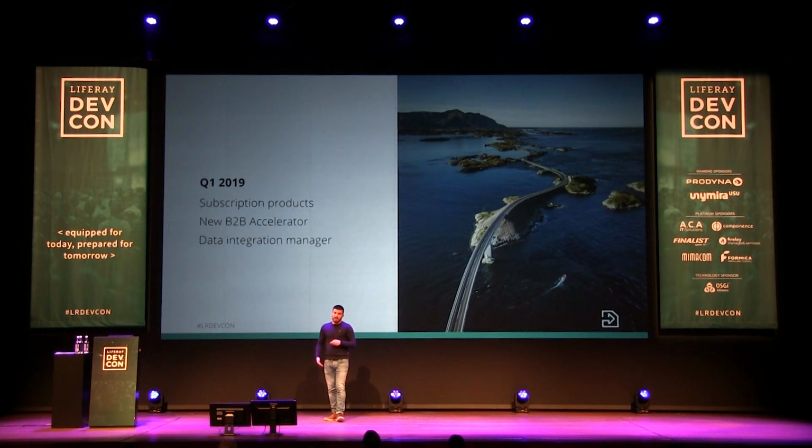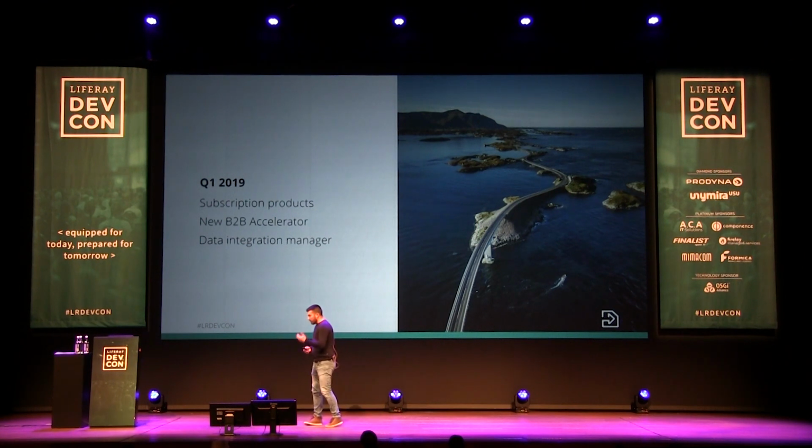A new release is planned in Q1 of 2019, and we are adding subscription products management. We are adding a new B2B accelerator and data integration management. The data integration management allows you to manage all of your jobs that take data from external systems into Liferay itself, and you can schedule jobs and check the status of your jobs.